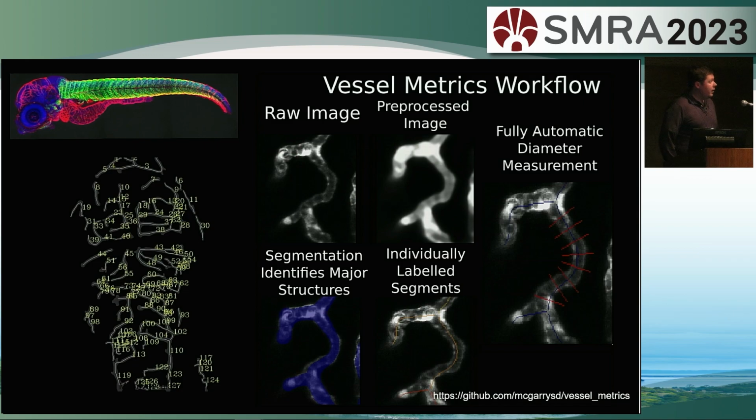From there, I can skeletonize the vessel to create individually labeled segments as well as branch points to do a parameter analysis across the entire vascular structure. We're also able to fully automatically measure diameter on these vessel segments. I have validated this study in 2 different stages of development in fish, in mice, and in experimental fish using